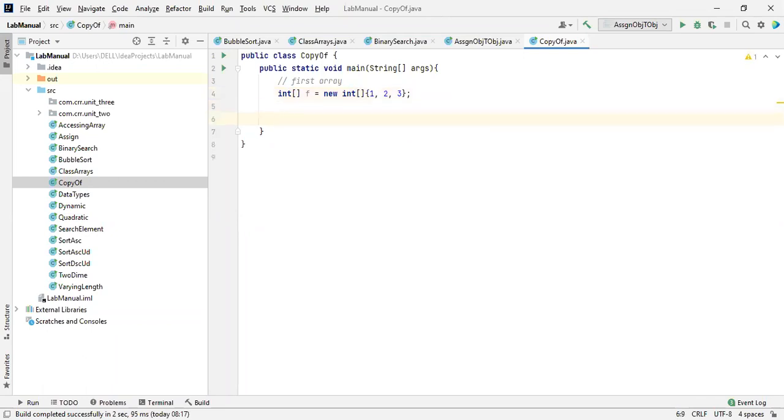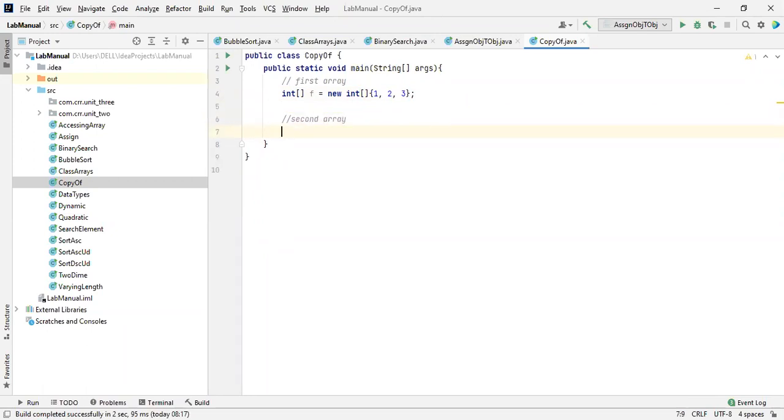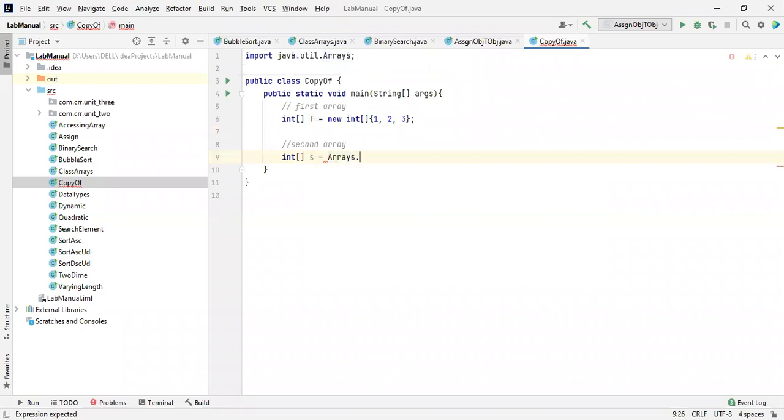inserted. Now I'm going to take another array, the second array. Okay, let me take it as s is equals to new int of. Here we are going to take Arrays dot copyOf.